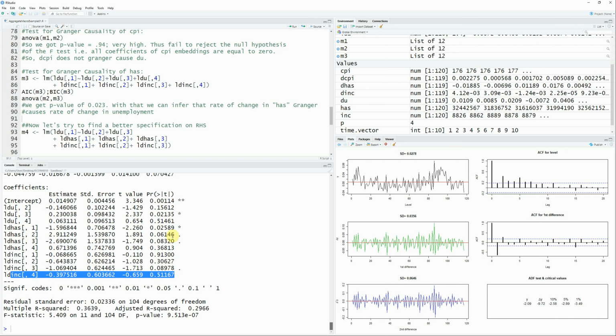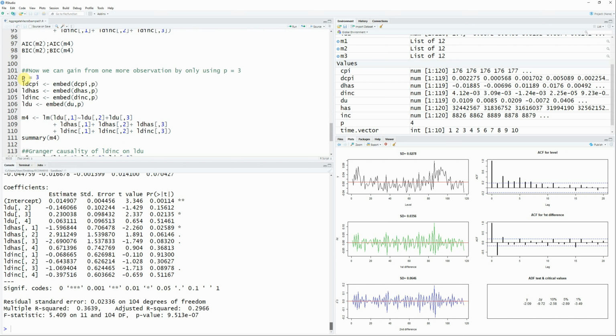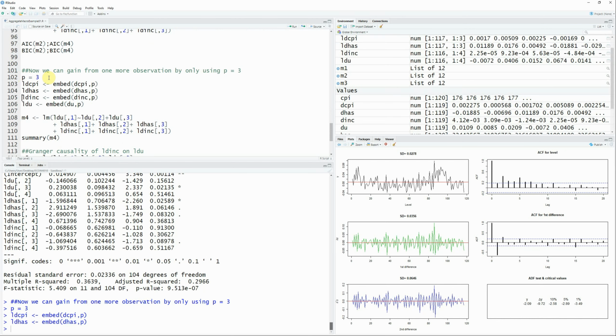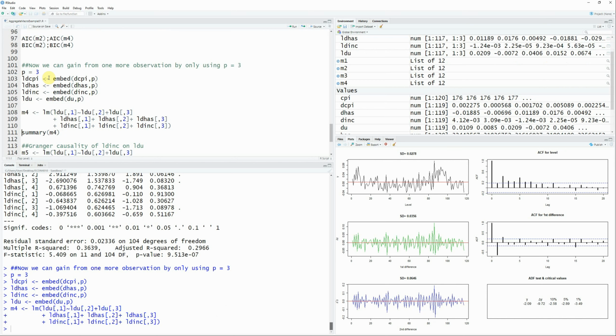So now I see that all those t-tests are not significant for the maximum number of lags that I chose. I can drop that one. That way I'm gaining one more observation. Now I want to get a better specification, so I say, hey, P is 3, and embed these again. So I gain that one observation relative to what I had before, and now M4